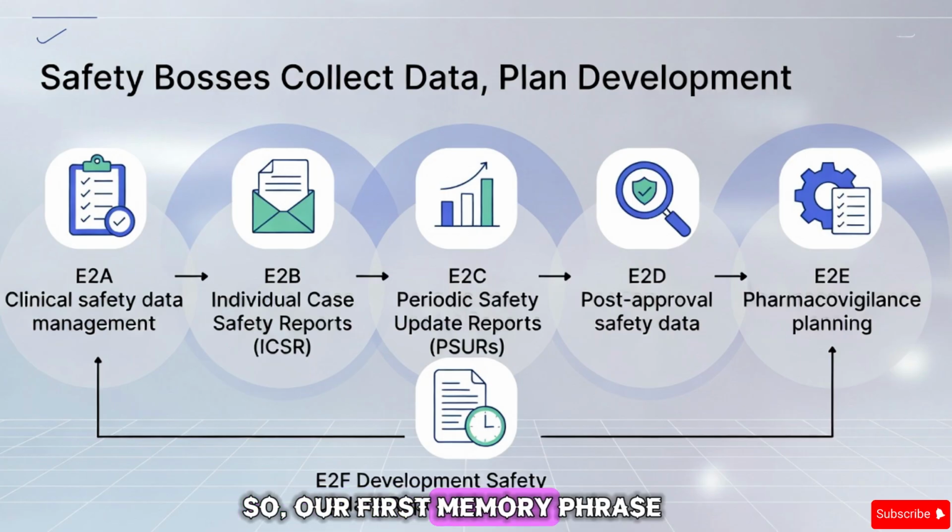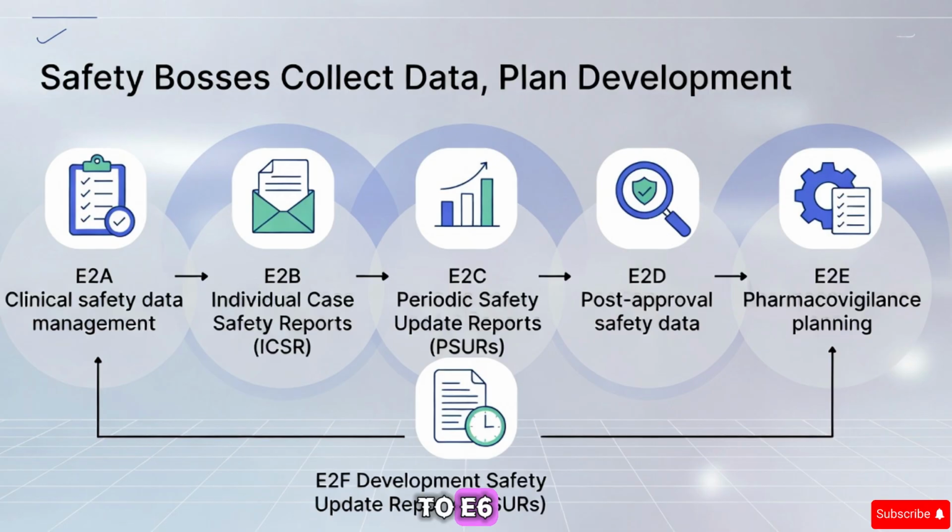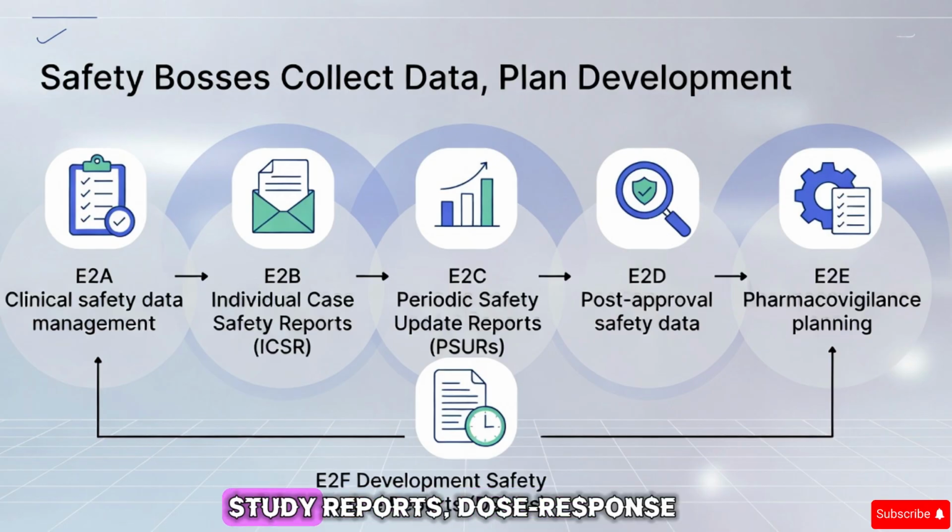So, our first memory phrase, safety bosses collect data, plan development, gets us through E2 to E6, covering safety, study reports, dose response, ethnic factors, and good clinical practice. Pretty neat,